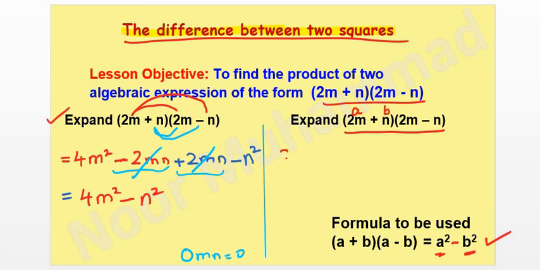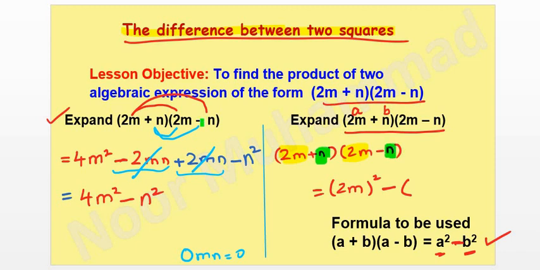So to write the answer of 2m plus n into 2m minus n, what will we do? We will take the first one. What is the first one? Let me show it with the yellow color. So this is the first one. So we are going to square the first one. So 2m squared, and then which sign will we place between them? We will put the minus sign